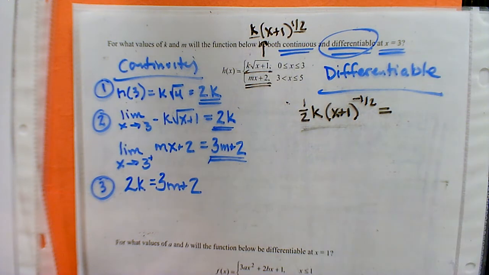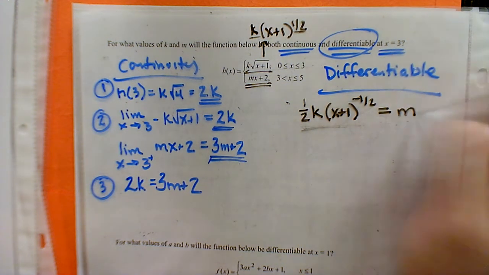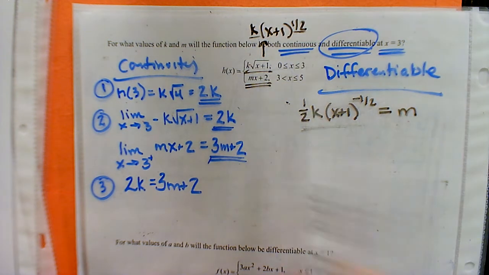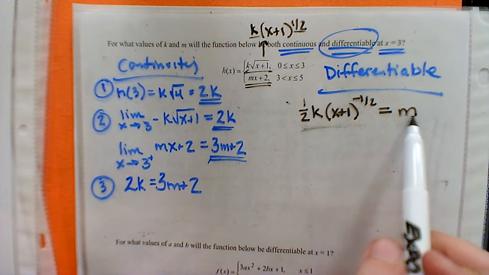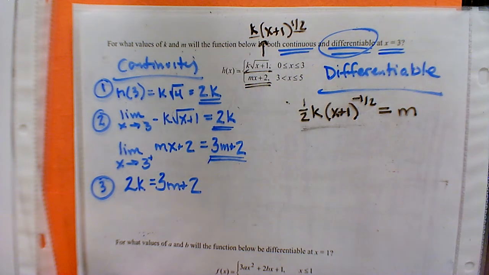Okay, so m is a number as well. What might the derivative of mx look like? Think about 4x, 5x, 10x, whatever. Just m. Okay? And then you need to add the derivative of 2, but that's just 0, so why even bother? Okay? So we have slope from the left needing to equal the slope from the right, and we're